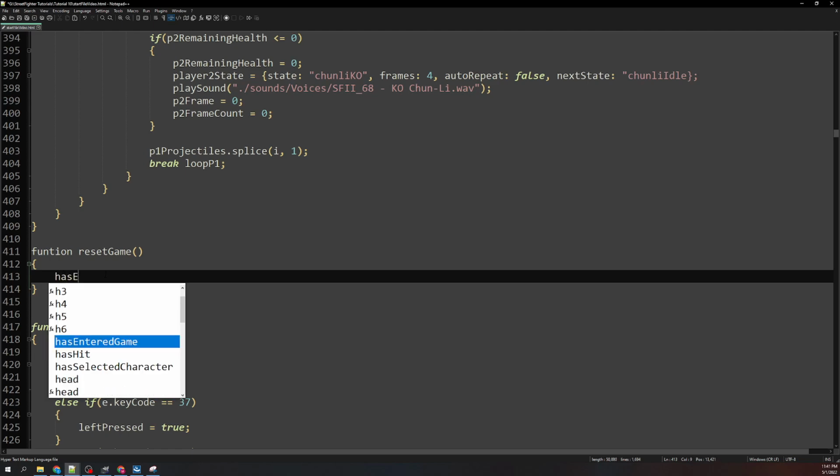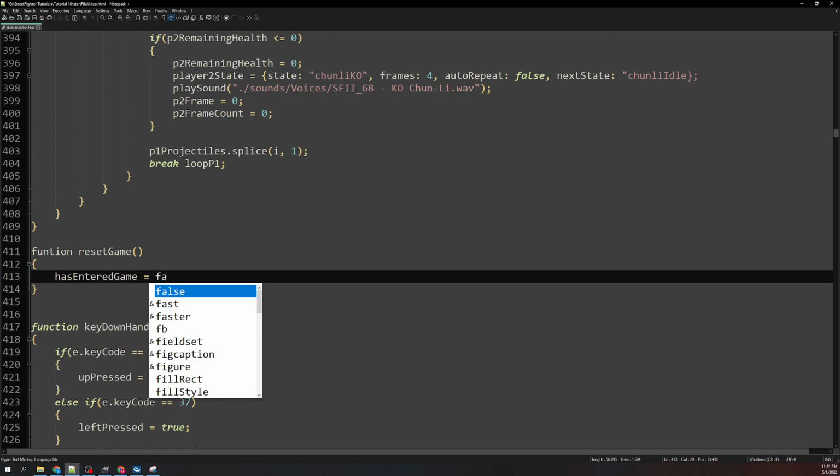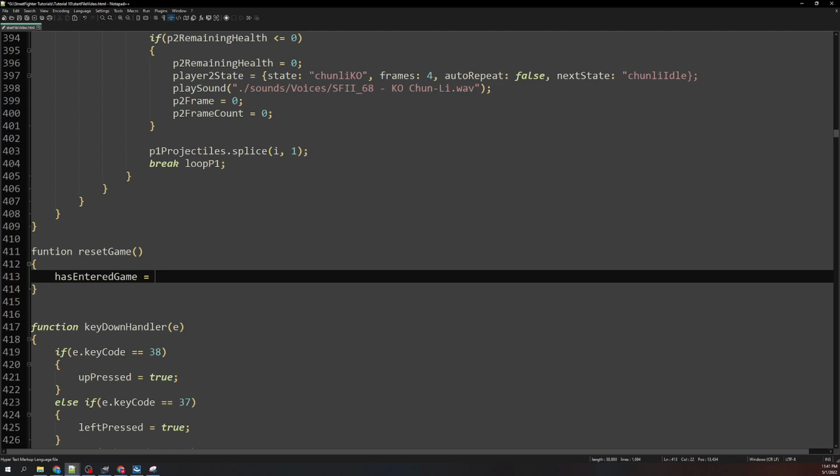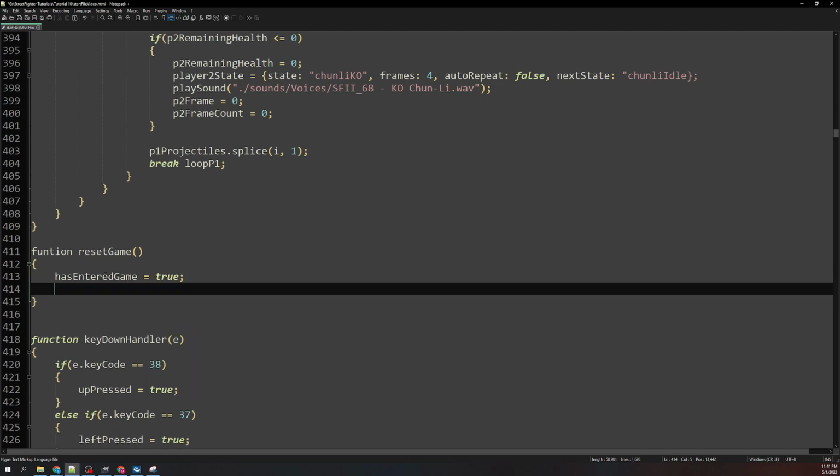So has entered game is going to be equal to true. So right now it's a little bit different because we don't have the whole select screen and stuff like that. So some of these are going to be true, but when we have the full game fleshed out, reset game might actually be some of these values might actually be false,